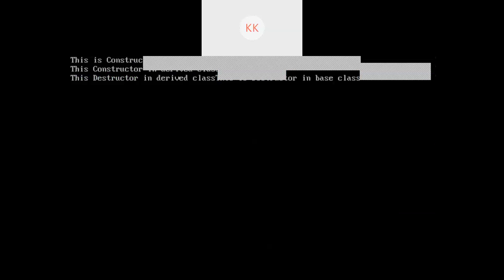Okay, so now you can see this is destructor in the derived class, and this is destructor in the base class, right? So you can observe that when we are having a destructor both in the base class as well as in the derived class, then the destructor in the derived class will be called first, then the destructor in the base class will be called, right?